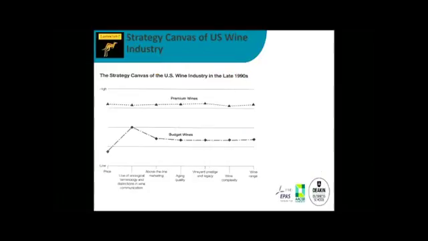Okay, the wine industry, you can have a look at that. I don't think there's much to say about that. Generally, we see broad differentiation. We've got a range of different categories. Premium wines just sit up. Yellowtail's an Australian company that sells in the US quite successfully. Generally, they just choose to be high performing at all levels, and in budget wines, we just do a bit less of all of these.